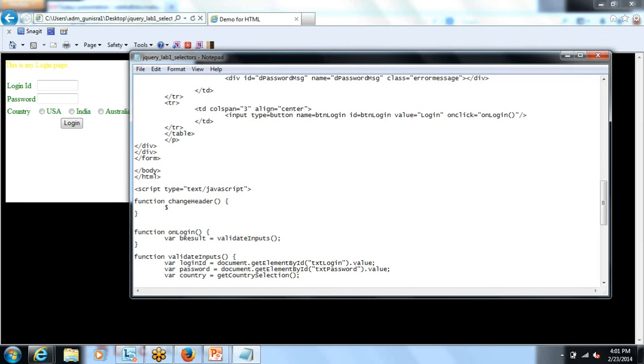So in order to invoke a jQuery function, I always do $, and then I have to define my selectors. I haven't given this span tag a particular ID. So in this case, I'm going to directly type in span, and then I'm going to say HTML,